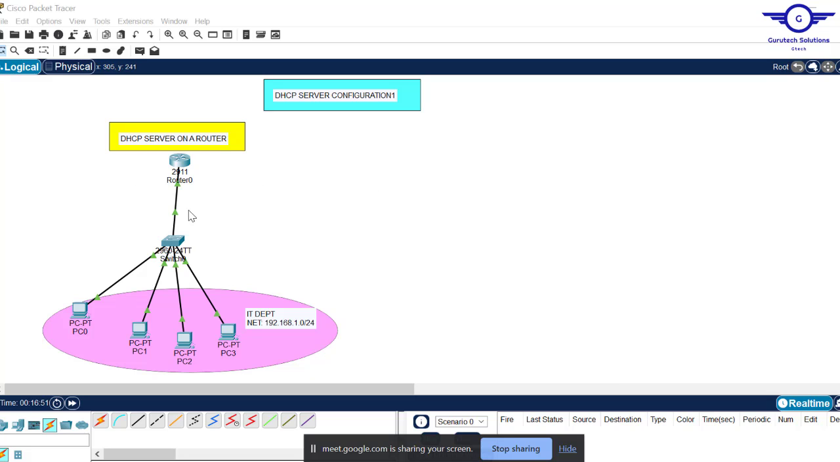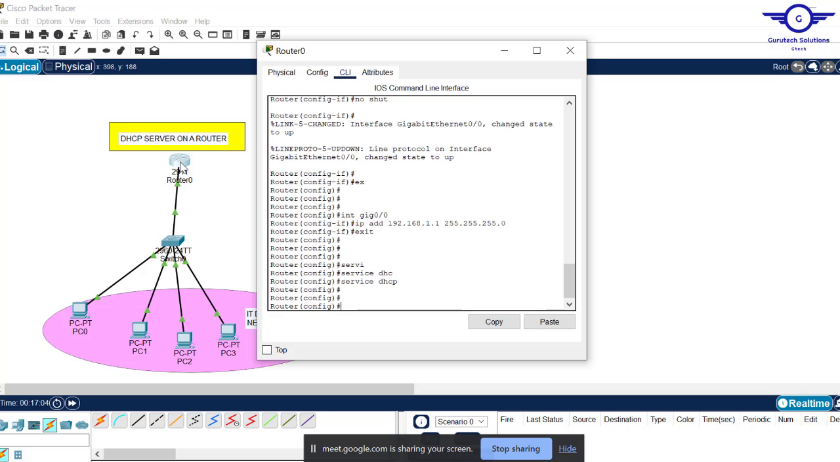So I was saying that we create pools. For example, this is the IT department. So we create a DHCP pool for the IT department so that the pool is responsible for providing IP addresses to IT department devices. So we go to this router